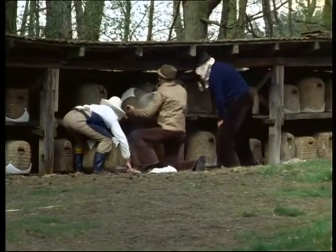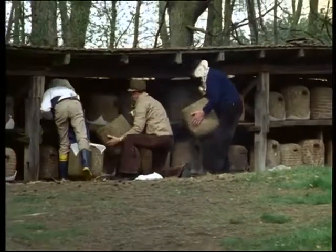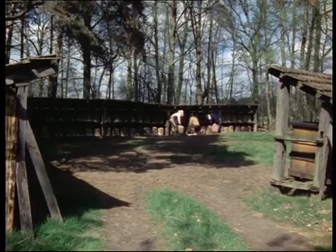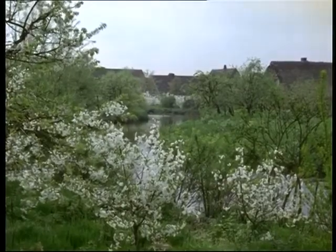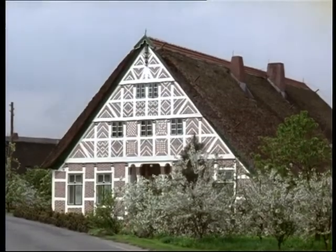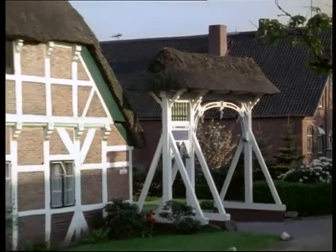The colonies that have been assembled at only a few stands for overwintering are now going to be transported in small batches to better nectar and pollen-yielding areas. The majority of them, including the best stocks, are to be set up in the Alter Land. This extensive fruit-growing area between Stade and Hamburg to the south of the Elbe is the preferred spring migration place